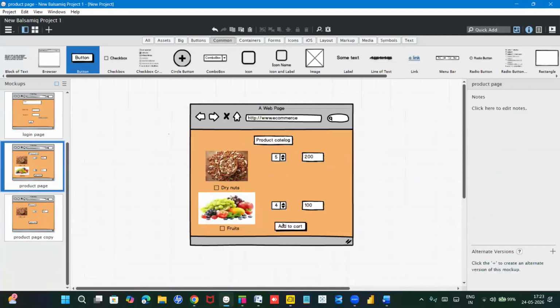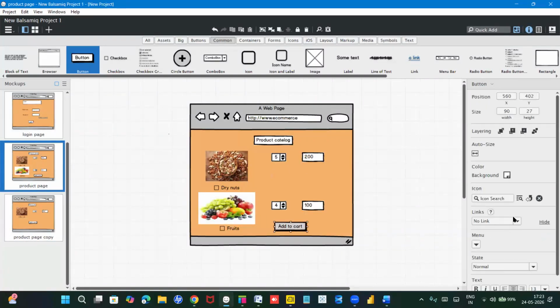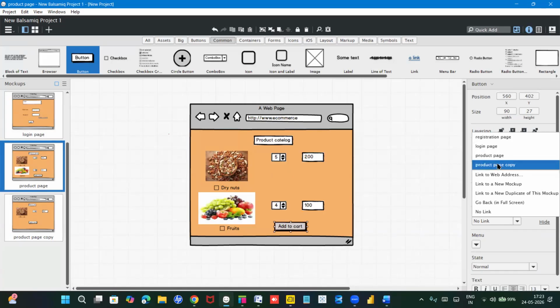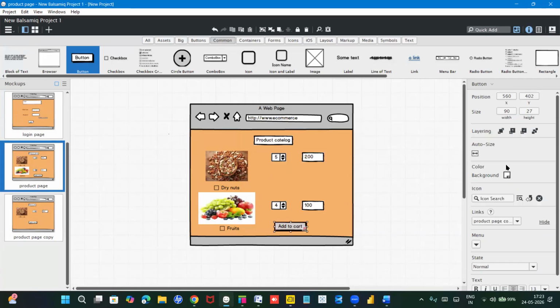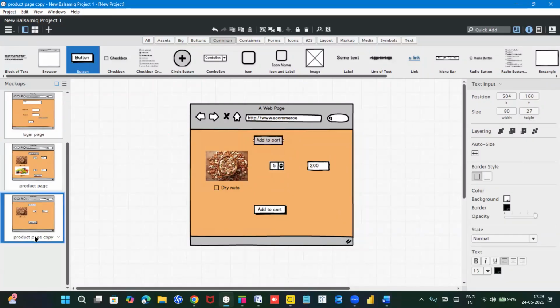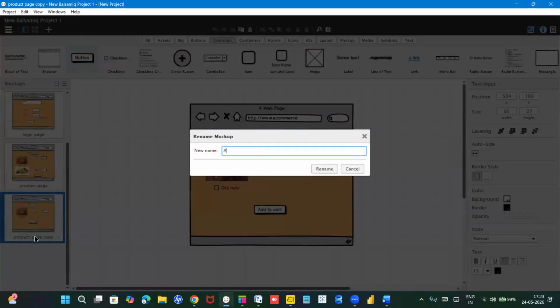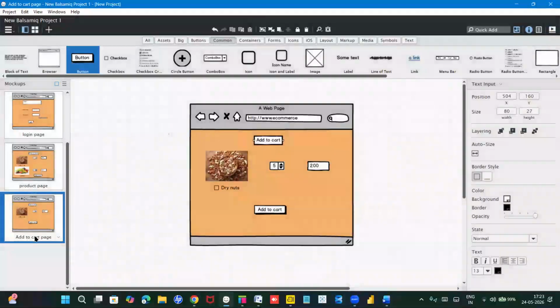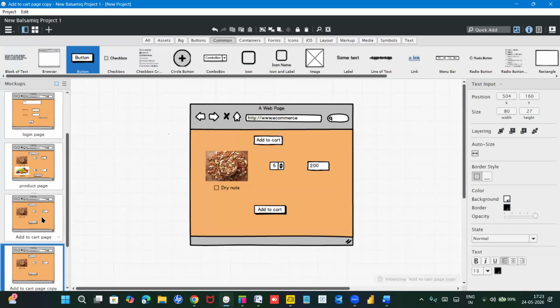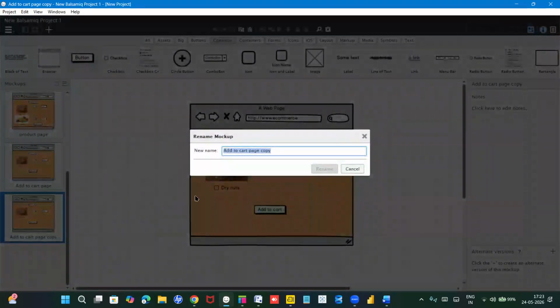As I will give you the connection for the product catalog, just select this button shape, go to links. So, okay. Just give the connection for this. Okay. Rename it as add to cart page. Okay, so as I have added my products in the catalog and in the add to cart page, let us again create the payment page. Okay, just select this, duplicate it, and rename it as